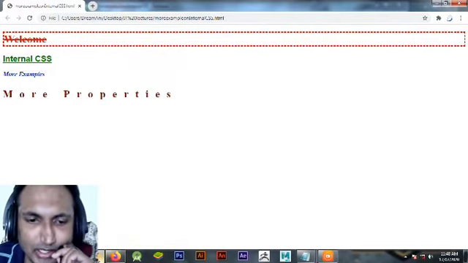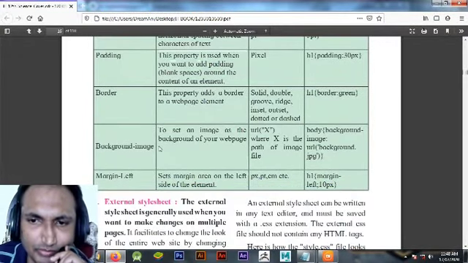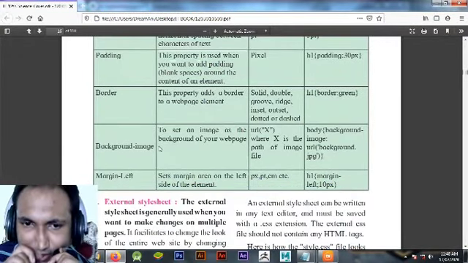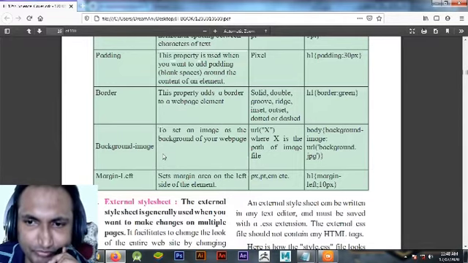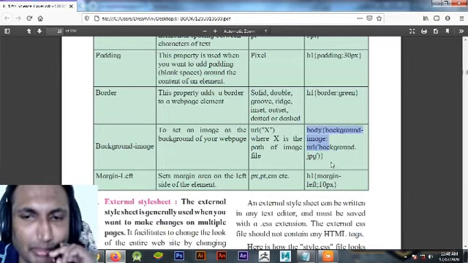Next property is background image. You have to simply add background image in the body tag, so your image will appear.